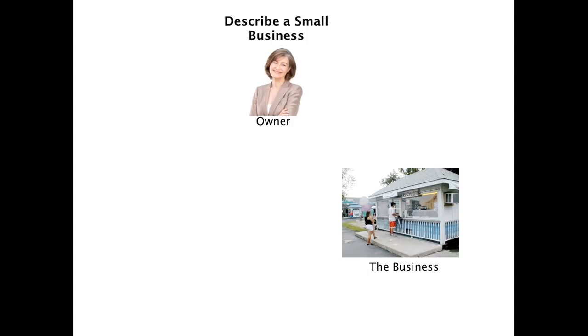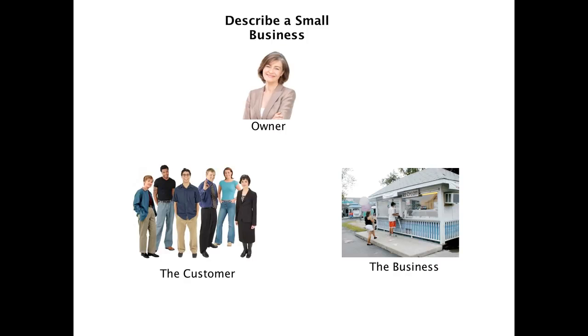Okay, so that's the second part. So you first have to have an owner. The second part, you have to have a business. And then the third part is you've got to have the customer. Those are the three parts. Regardless of the size of the business, you could have this just small little ice cream stand that Nancy owns, or you could be talking about General Electric. Those three pieces are always in the model. So now that we've got the model established, the owner, the customer, the business, let's look at how money flows